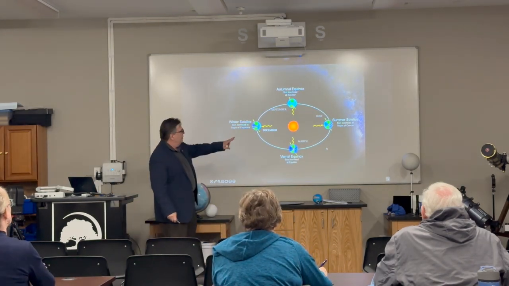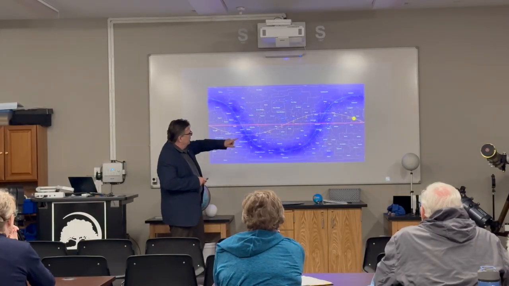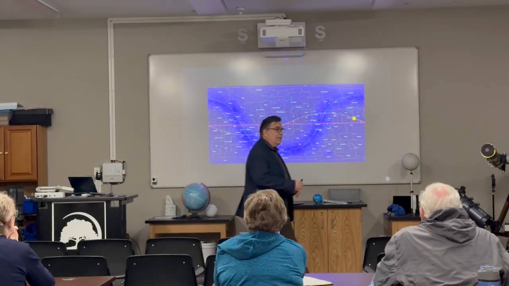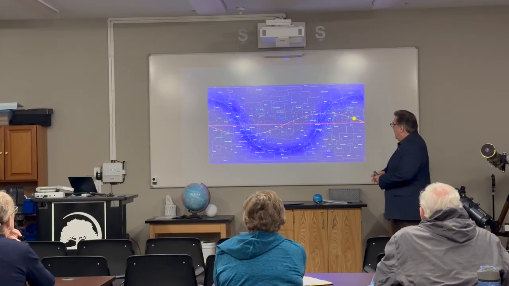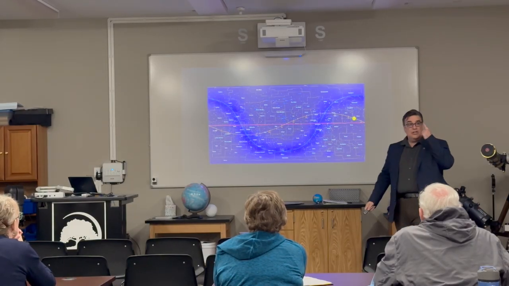Here we can see the Earth. Actually, let me go back one here. I just realized right over here, that's where the sun is right now. When we look at that yellow curve there, we can see different dates. And you may not see the dates themselves because they're so small here, but you can visually see it